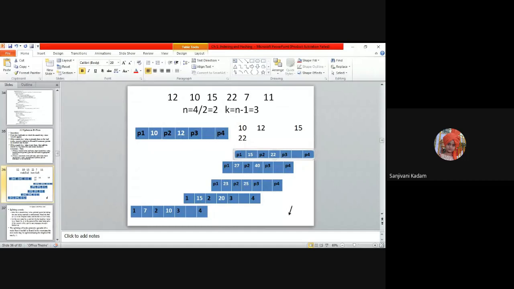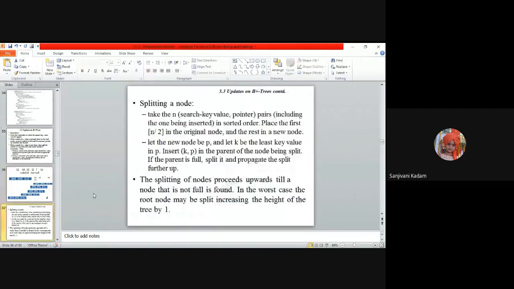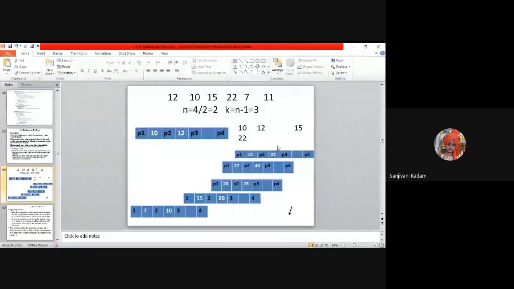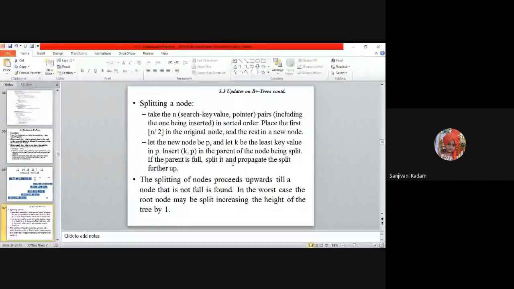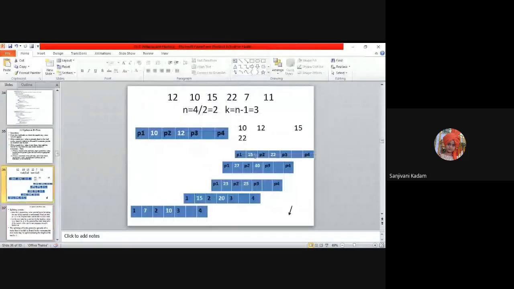Then it says, let the new node be P. So this is my P. Let K be the least key value in P. In this complete record, 15 is the least key, meaning the minimum key value.